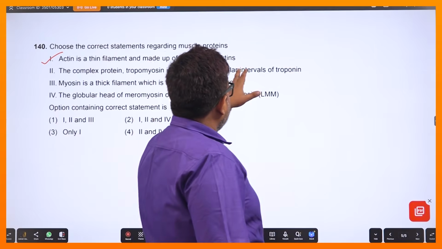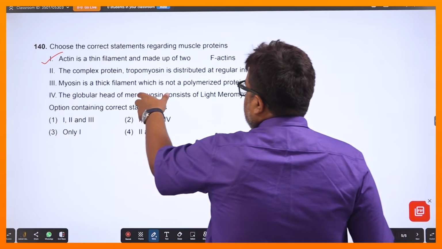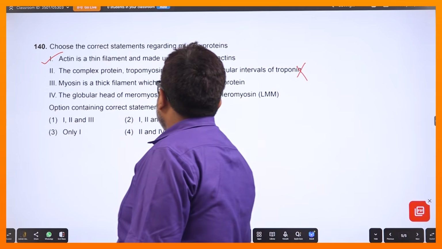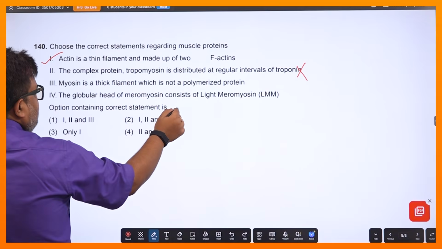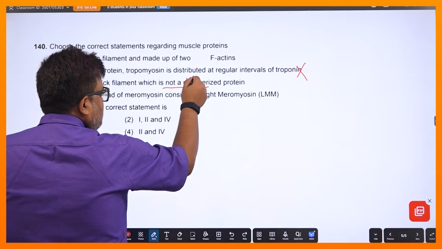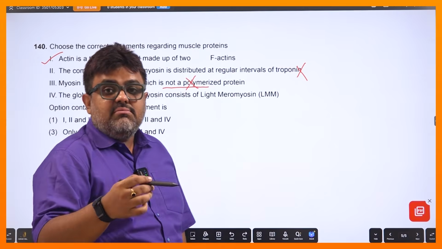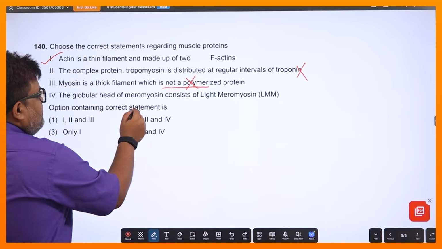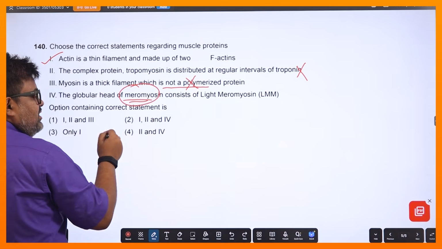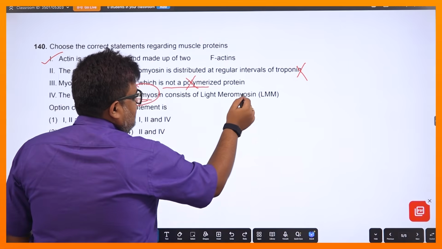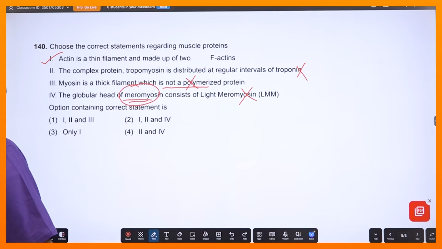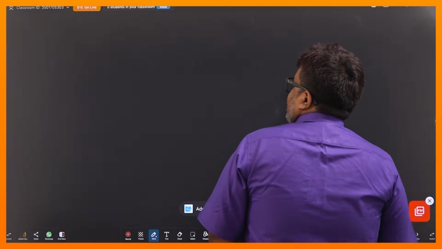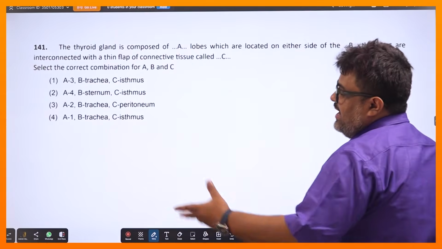রেগুলার ইন্টারভ্যাল অফ ট্রোপোনিন, এটা তো না, ট্রোপোনিনটা ডিস্ট্রিবিউটেড থাকে রেগুলার ইন্টারভ্যাল অফ ট্রোপোমায়োসিন, তো এটা হবে না। মায়োসিন ইজ আ থিক ফিলামেন্ট which is not a polymerized protein, এটা ডেফিনেটলি একটা পলিমারাইজড প্রোটিন, তো এটা ভুল। কারণ আমরা জানি মায়োসিন মেরোমায়োসিন মনোমার্স দিয়ে তৈরি হয়, সো ইটস আ পলিমারাইজড প্রোটিন। দ্য গ্লোবিউলার হেড অফ মেরোমায়োসিন, এখানেও দেখ এটা যে ভুল তার সেটা এখানেই বলে দিয়েছে, কনসিস্ট অফ লাইট মেরোমায়োসিন, না এটা হেভি মেরোমায়োসিন দিয়ে তৈরি হয়, তো কাজেই আমার আনসারটা হবে অনলি 1, ঠিক আছে।